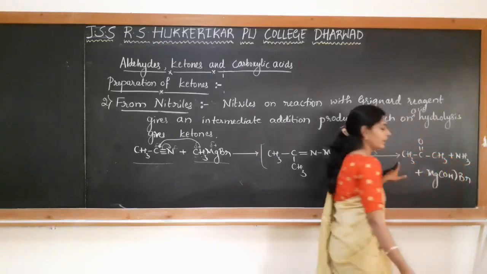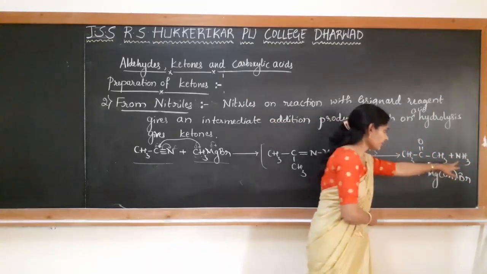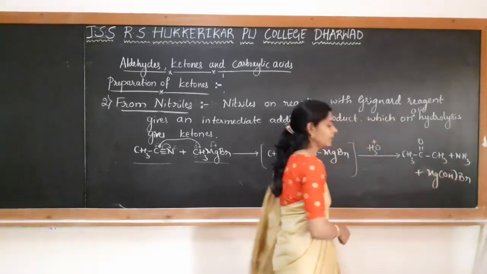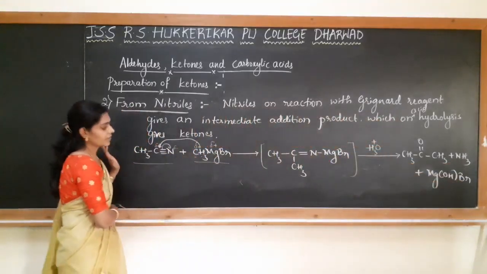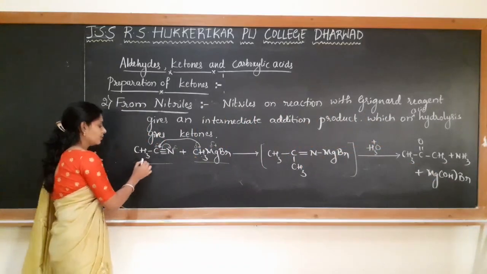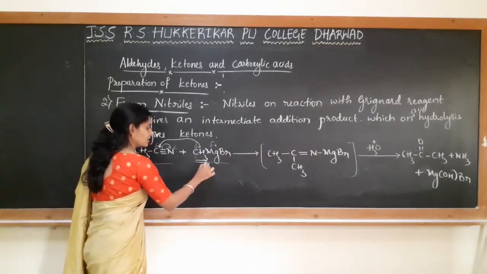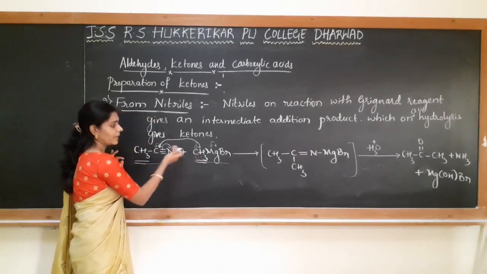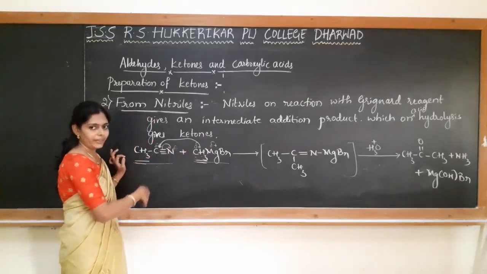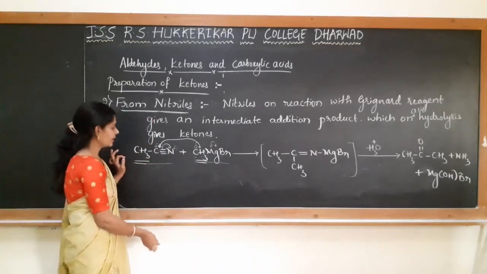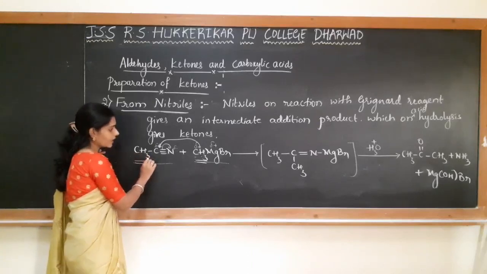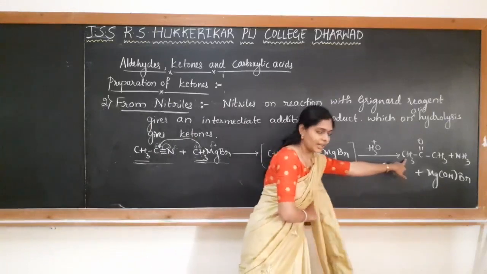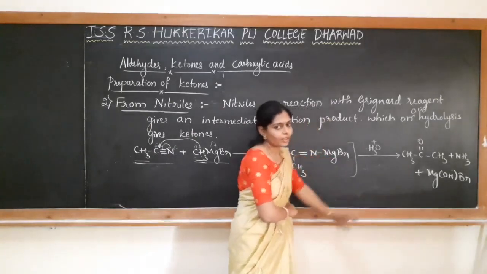Okay, we get propanone as a ketone, the main product, and ammonia and others as the byproducts. So this is how the reaction takes place. We have to change these reagents, the alkyl group, and depending upon that we get either an aliphatic ketone or an aromatic ketone. If I take C2H5 here instead of CH3, we will have C2H5 in this place. So you will be getting butan-2-one.